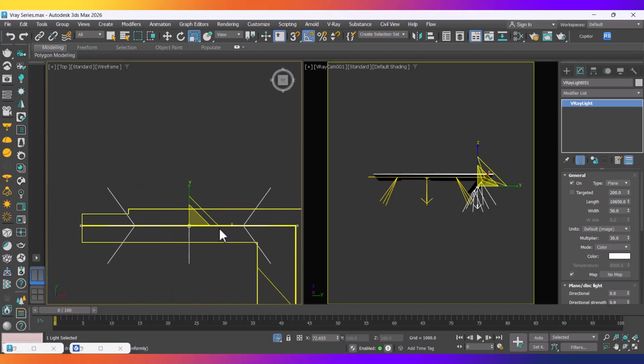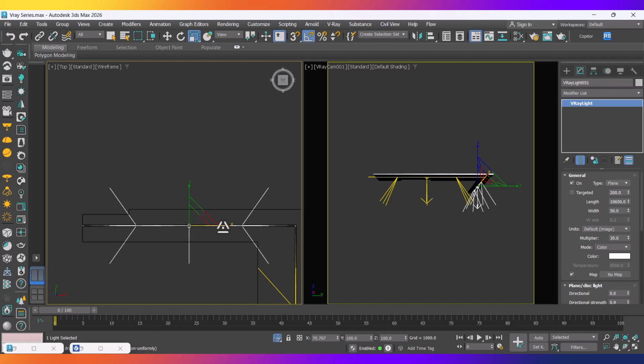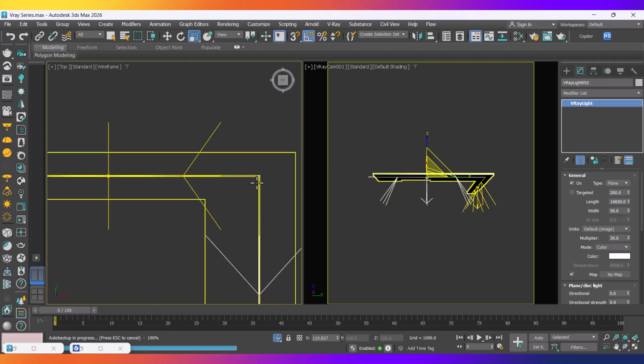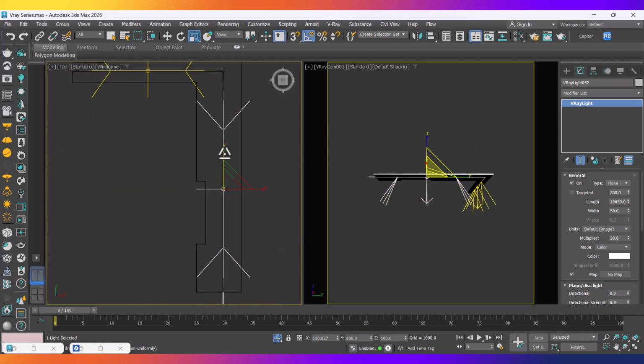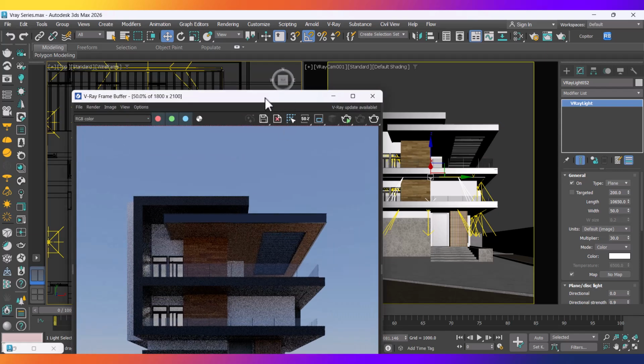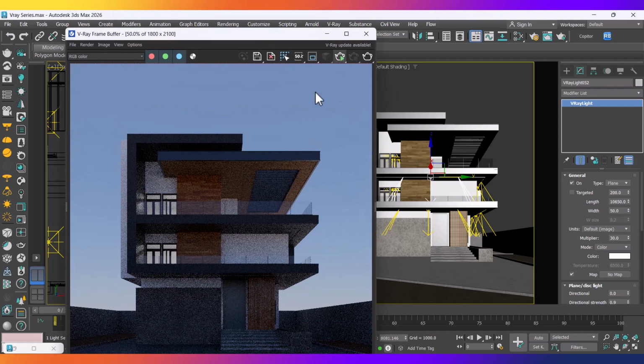I don't need to do too much. Now let's see how they look. Yeah, they're looking good,